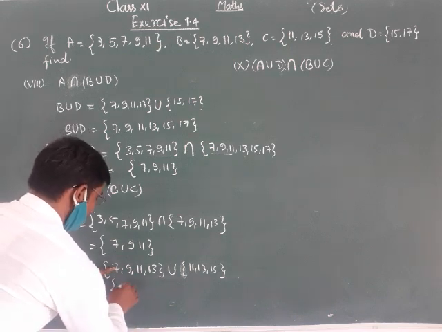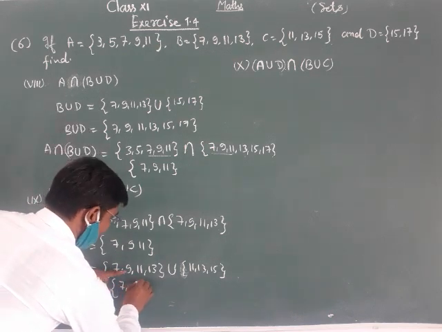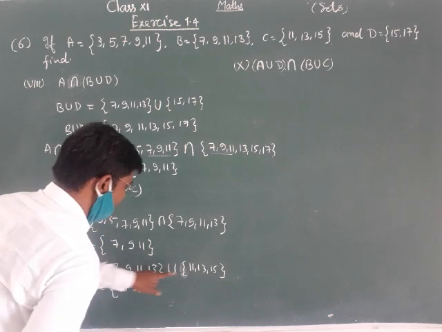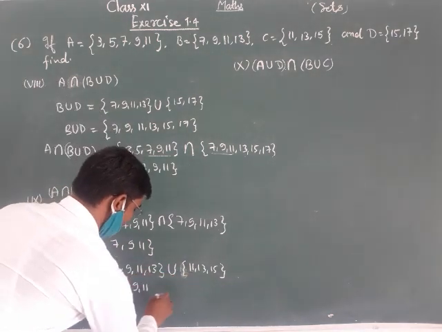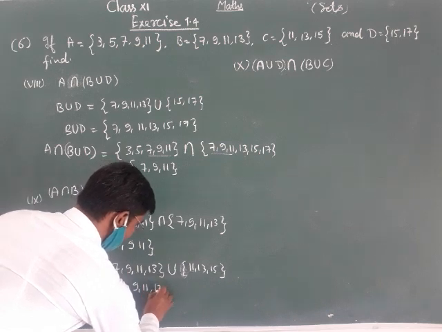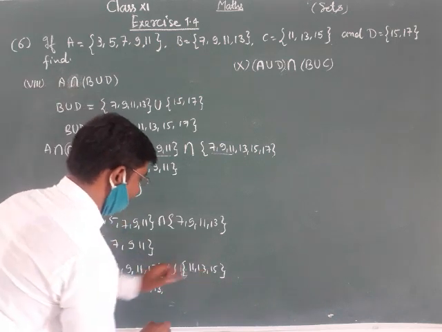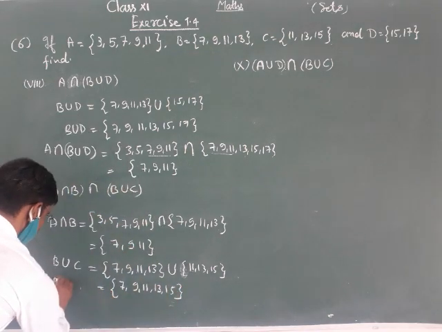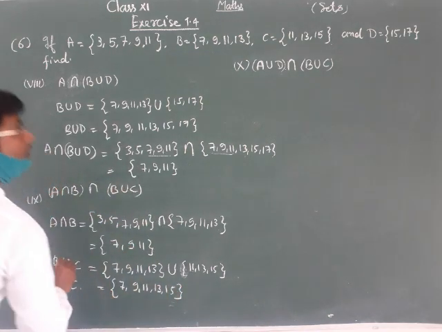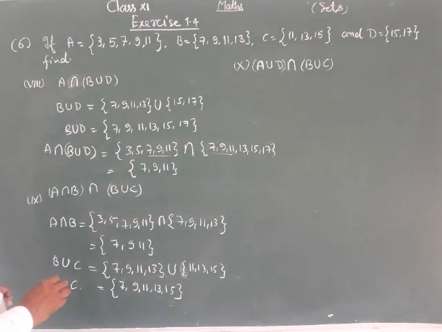So set A: 7, 9, 11, 11 is common, so write only one, 13, 13 is common, write only one time, and 15. So B union C. So also